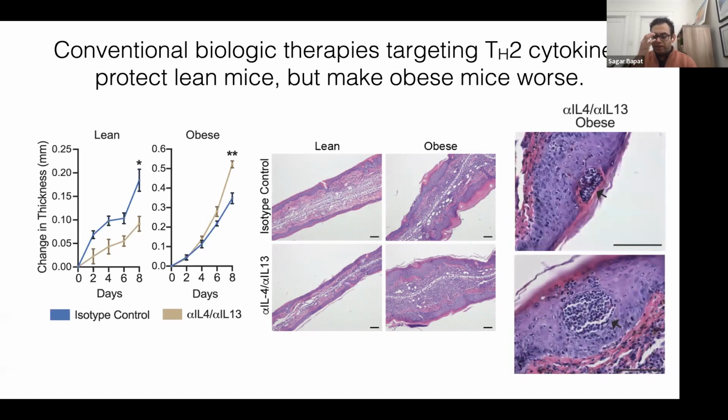One of the features we noticed histologically, for those who are pathologists out there or look at histology a lot, is we started seeing an interesting feature in the obese animals given anti-IL-13. And this feature was neutrophilic pustules we started noting in the epidermis. And we noticed this over and over again. And it can be a marker of many things. We haven't quite figured out exactly what, but we thought perhaps this could be a marker of a loss of barrier